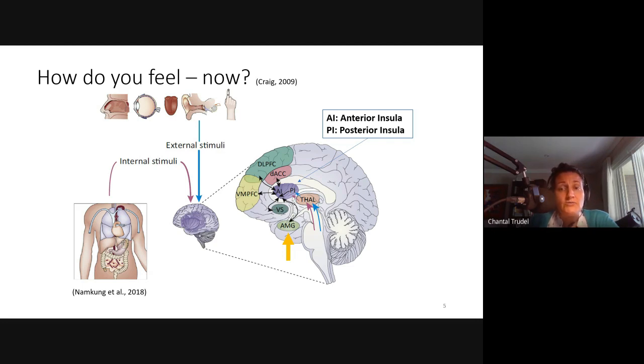Also, the work of Craig and others suggests that the anterior insula is important to represent your current state and to ascribe meaning to your interoceptive signals in the moment. Specifically, what Craig suggests, and it is even the title of one of his articles, and the title of this slide as well, is this awareness of your interoceptive cues via the anterior insula. That's what allows you to provide an answer to the question, how do you feel now? Therefore, the anterior insular cortex is thought to play an important role in interoception by possibly predicting and ascribing meaning to affective or emotional states.